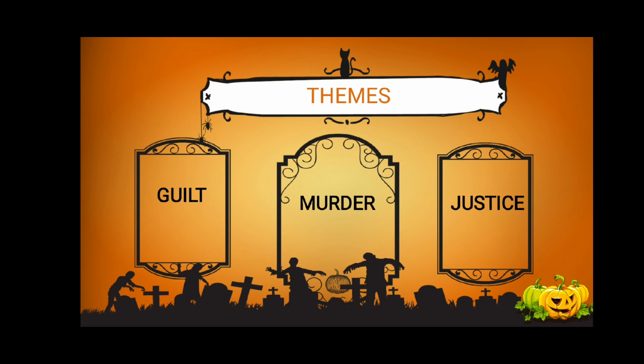The novel also explores the idea that justice can be subjective and that different people may have different definitions of what constitutes justice. This is seen in the character of Vera Claythorne, who is initially portrayed as a victim but later reveals that she played a role in the death of a young boy. Vera's actions are driven by a belief that she was acting in the best interest of the boy and his family, but others may view her action as unjust.